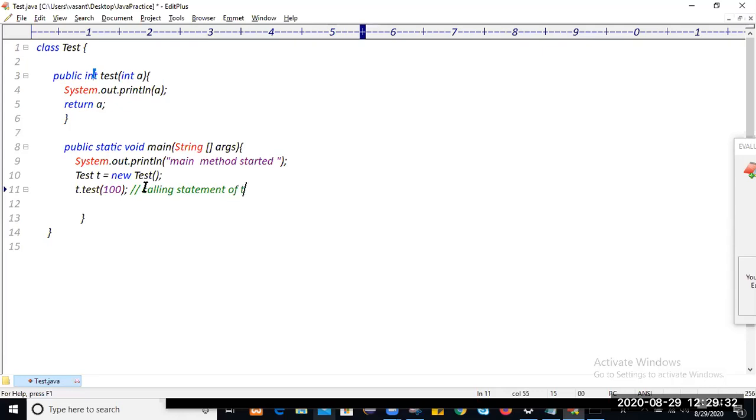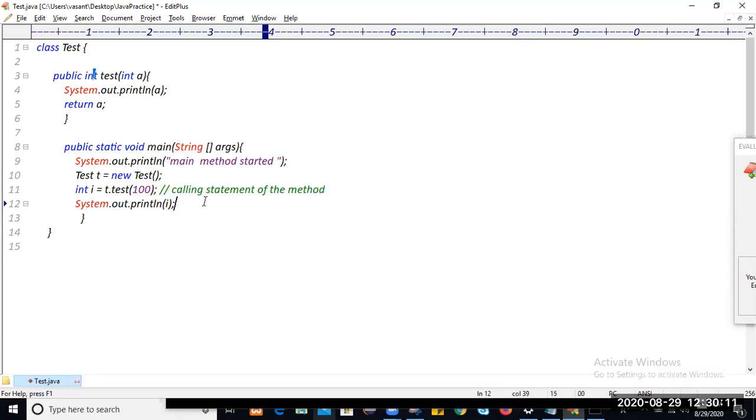The scope of a local variable is what? Only within the area where you create it. So when you initialize this local variable, you use that local variable as well as return it to the calling statement of the method. So you can hold that value at the calling statement and use that value within the main method also. What kind of value are we returning? Integer type. I will take the variable name i, and I can display that value. Whatever value I am returning from the test method, I can use within the main method.